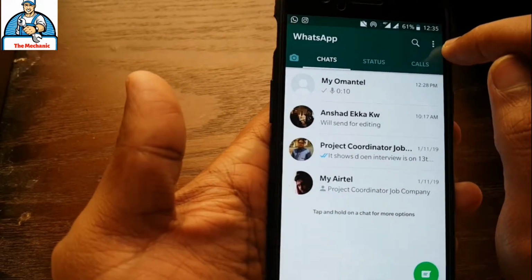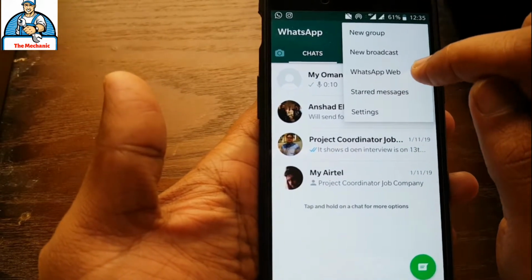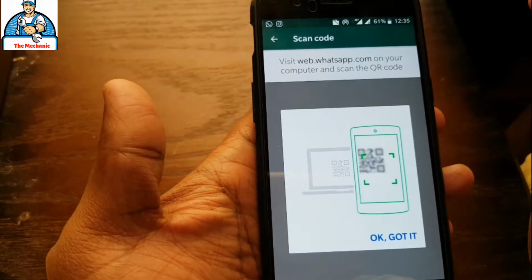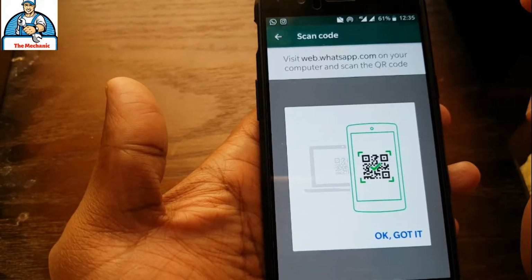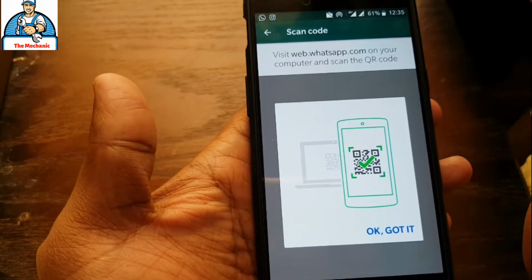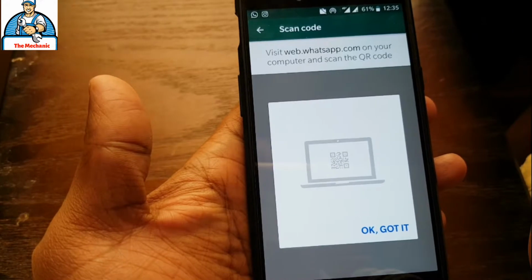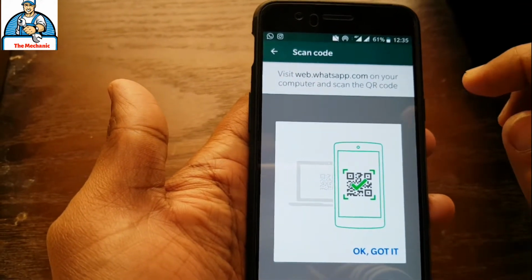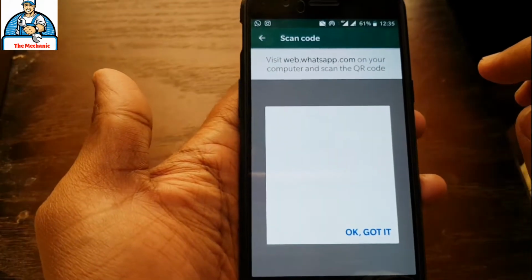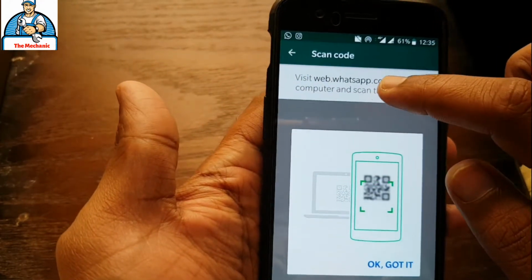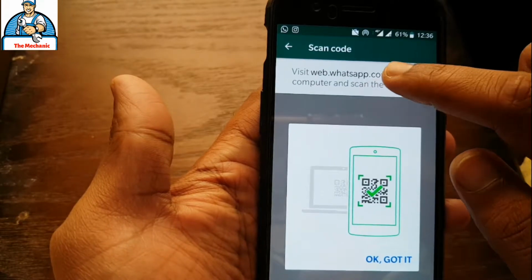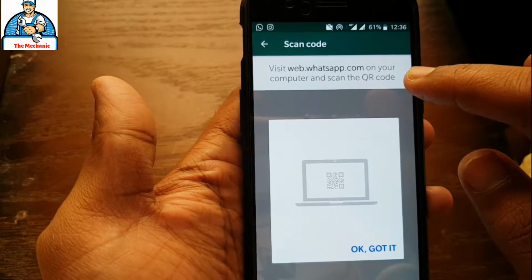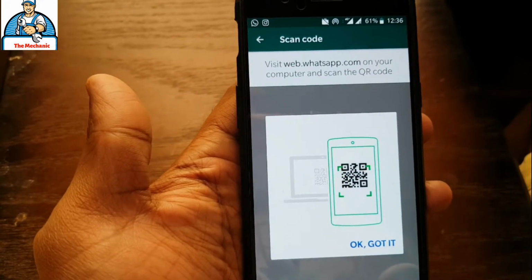Now again we will go to these three dots, and here we will see one option, WhatsApp Web. So what is WhatsApp Web, friends? If you have a desktop or laptop and you want to use WhatsApp on it, then you can use this feature known as WhatsApp Web. What you have to do is follow a link. You can see here, visit web.whatsapp.com. You have to type web.whatsapp.com in your PC or laptop browser,